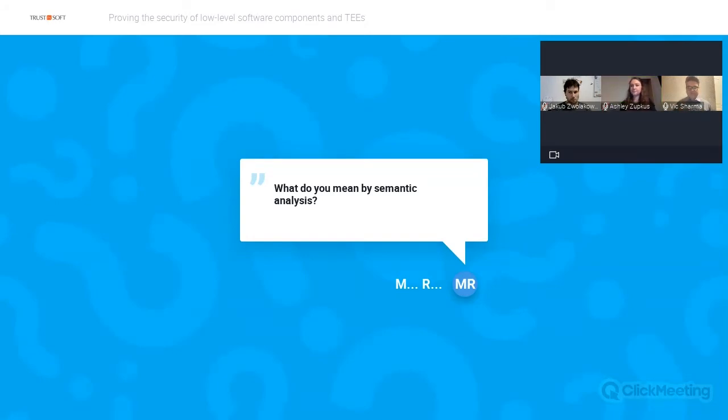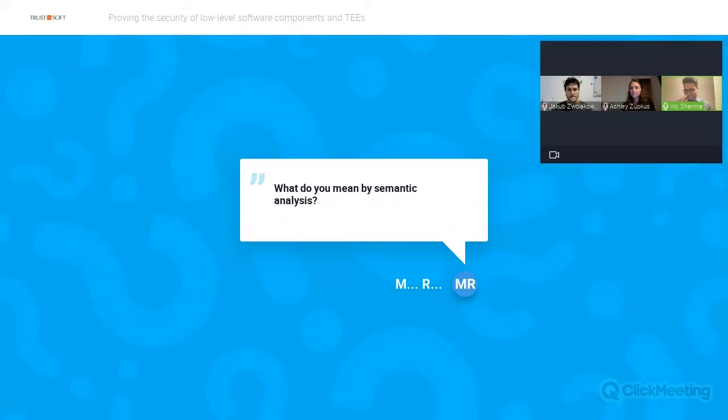What we mean by semantic analysis is really, rather than focusing on the syntax, or for lack of better words the grammar of the underlying language of C or C++, we focus on the behavior of the code, which means for a given set of inputs, or for a generalized input, as Jacob explained earlier, the tool checks all the possible executions of the program that's being analyzed.